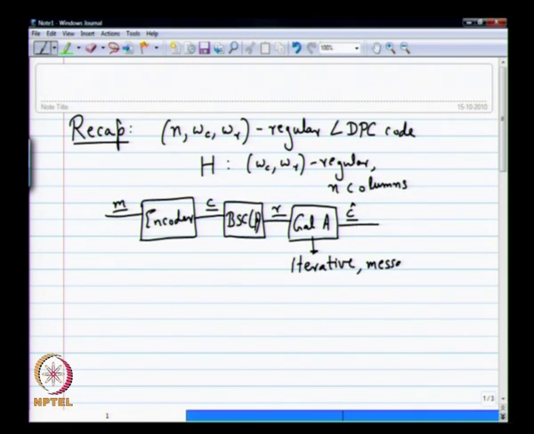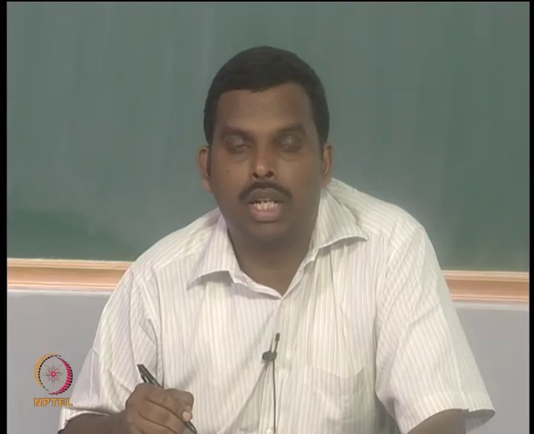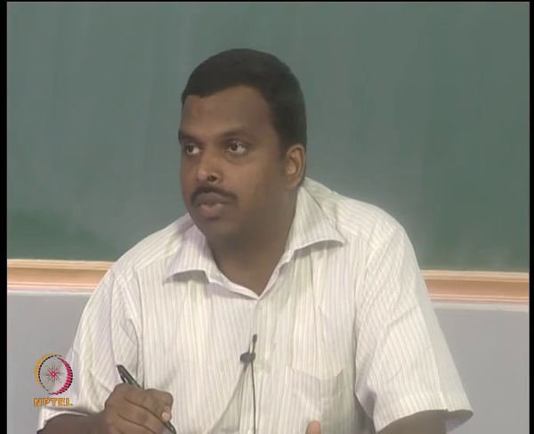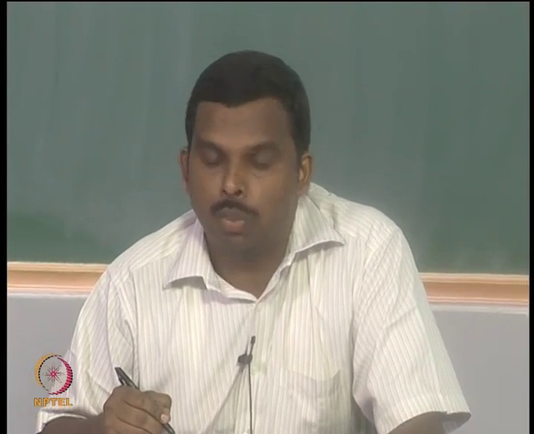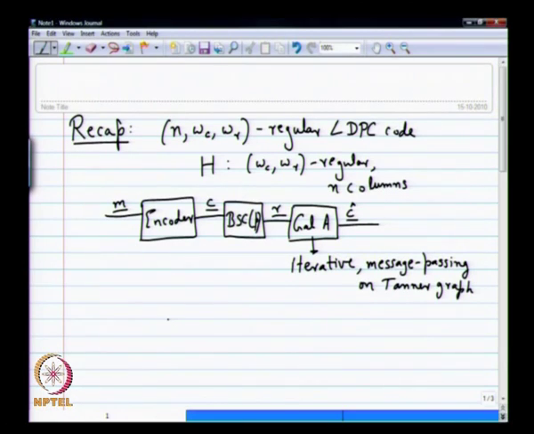That's the main idea. There are two types of messages that are passed: a message from bit nodes to check nodes, and messages from check nodes to bit nodes. So there are two parts or two steps inside each iteration. The first step is basically